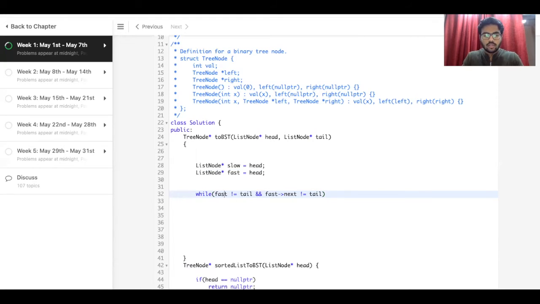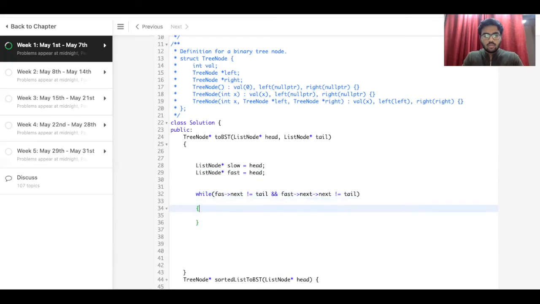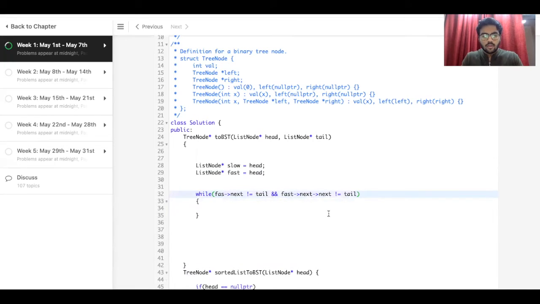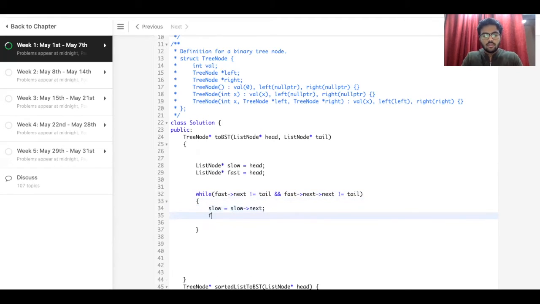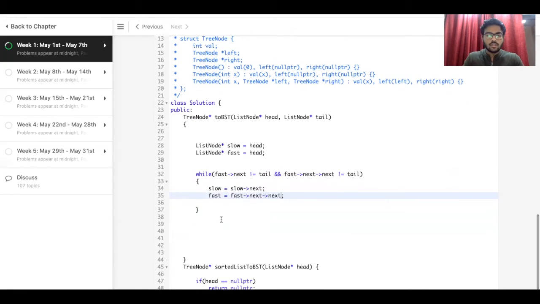Then we do slow is equal to slow next, and fast is equal to fast next next, so we increase the second pointer by two steps.